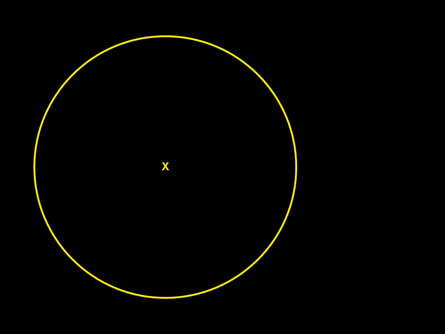Look at this circle. It has a center X. The yellow line is called the circumference of the circle. It is also known as the perimeter of the circle. The blue line, which starts from the center of the circle and touches the circumference, is known as the radius